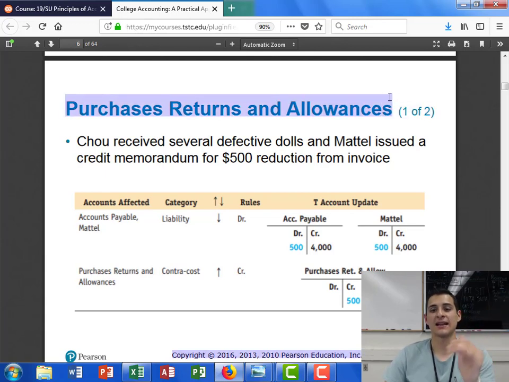Purchase returns and allowances is basically showing an account on which you returned the items that you ordered from a business, from a vendor, because they were defective. Now, the best example that they give for here is that, well, I'm going to give an example for that, is that